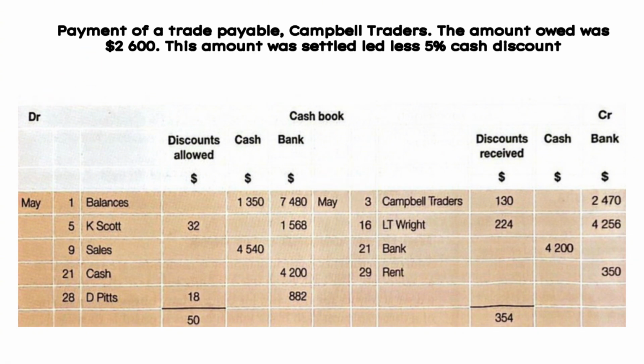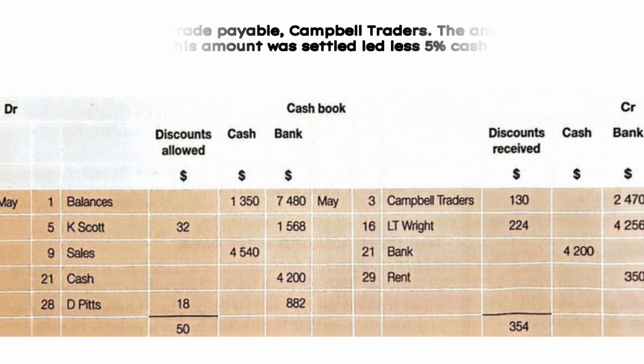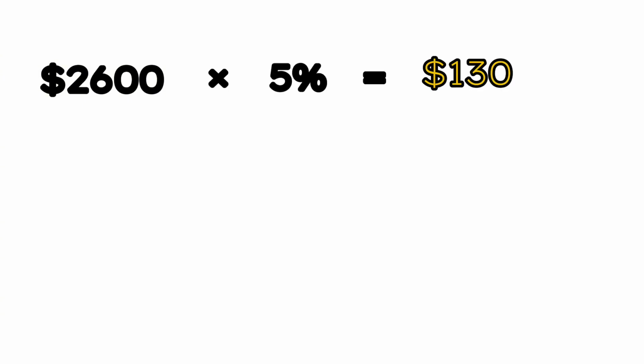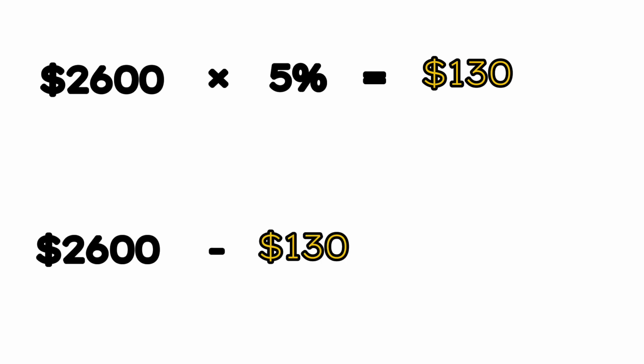For the first transaction on 3rd May, an amount of $2,600 was settled to Campbell Traders with a 5% cash discount. Money was taken to pay the suppliers. This transaction will be recorded on the right side of the cash book. Since there was a 5% cash discount, you have to take the $2,600 times the 5% cash discount, which equals $130. After that, you take the $2,600 and minus the cash discount of $130, which equals to